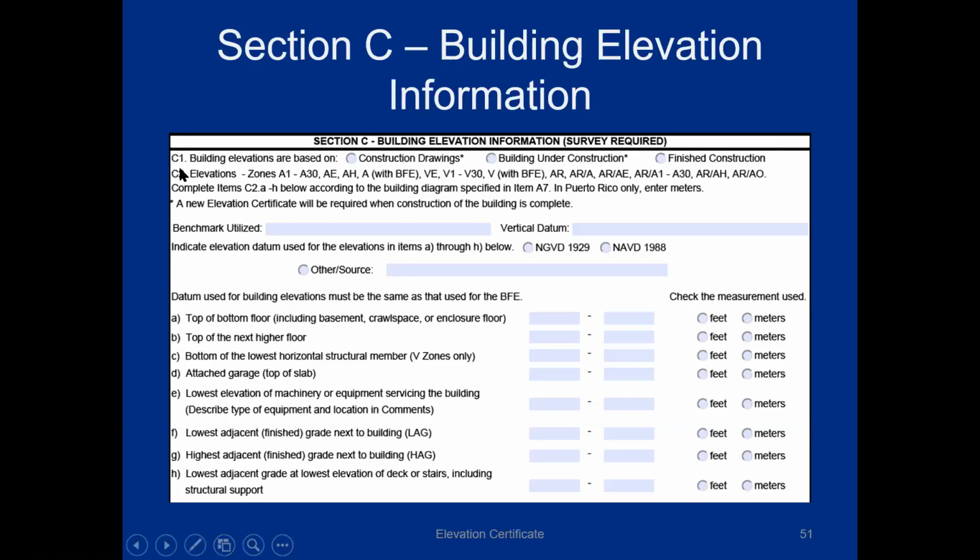I want to mention right here, just to start off, section C1, building elevations are based on, I said this before, you can pick construction drawings right here, or building under construction, or finished construction. And I wanted to just say right here, if a community requires an elevation certificate be submitted prior to issuing of a permit, that's good. You can use that elevation certificate to determine if the proposed construction is going to be compliant with building code and FEMA standards. It's important, though, if a community does use